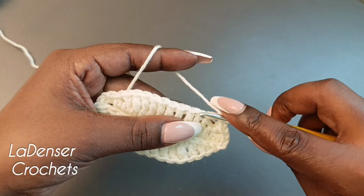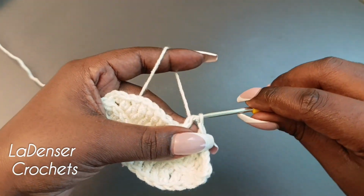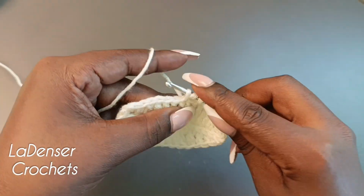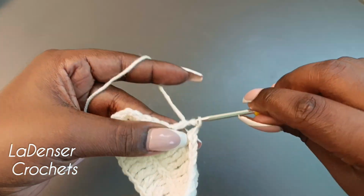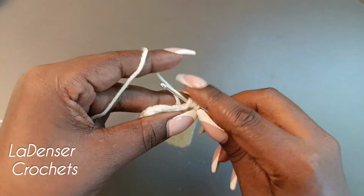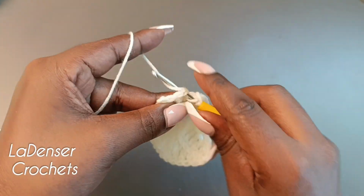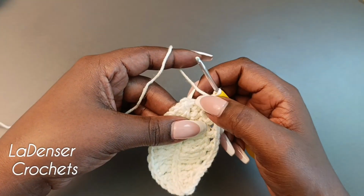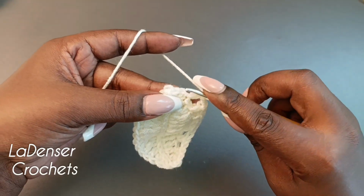Chain 1, yarn over, skip, half double crochet next. Chain 1, skip, half double crochet, chain 1, skip, then half double crochet, chain 1, skip, half double crochet next, chain 1, skip, then half double crochet, chain 1, and because I'm coming to the tip of the leaf, I'm going to yarn over and I'll skip